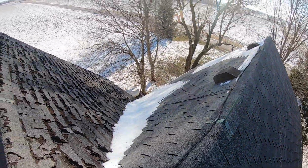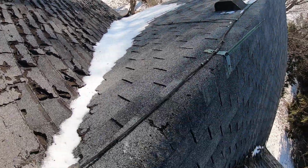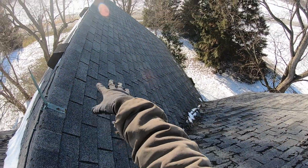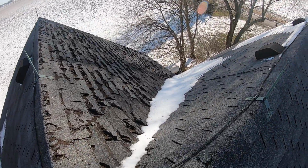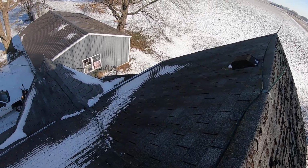It's about a 10-12 pitch, 2-story, with a little porch out below. They're deteriorating all down through the valley, randomly out here. This needs an estimate. It's windy and cold. I'm not measuring this. What I'm gonna do is probably, if they want an estimate on the roof, order an